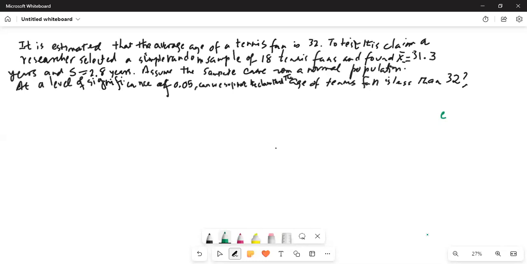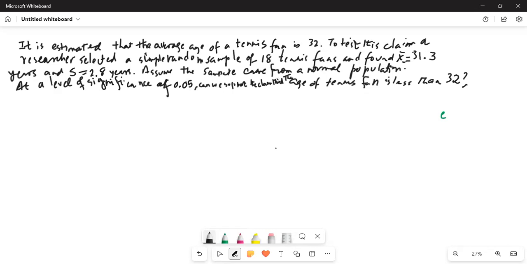It is estimated the average age of a tennis fan is 32. To test this claim, our researchers selected a simple random sample of 18 tennis fans and found x-bar is 31.3 years and s is equal to 2.8 years. Assume the sample came from a normal population. So I will take care of that. This is here, came from a normal population. At a level of significance of 0.05, can we support the claim that the age of tennis fans is less